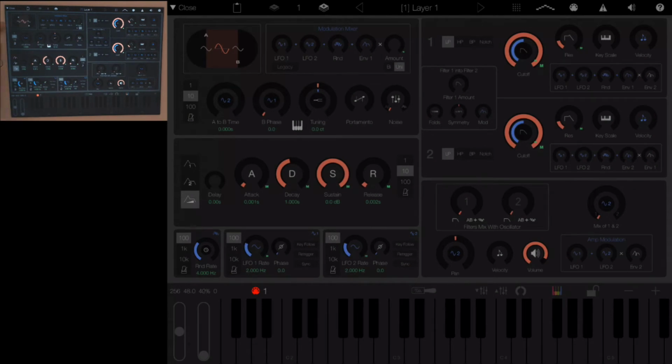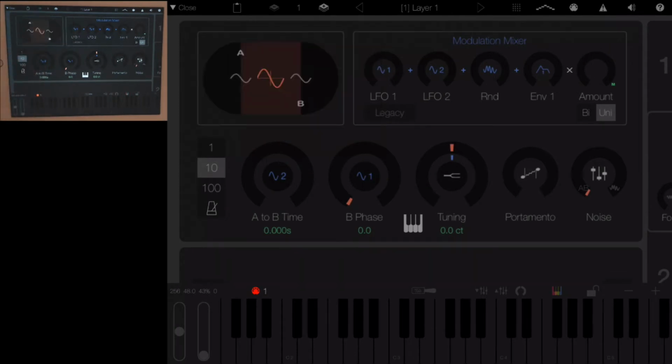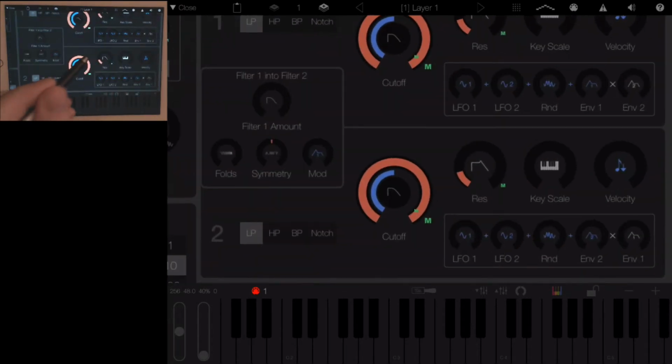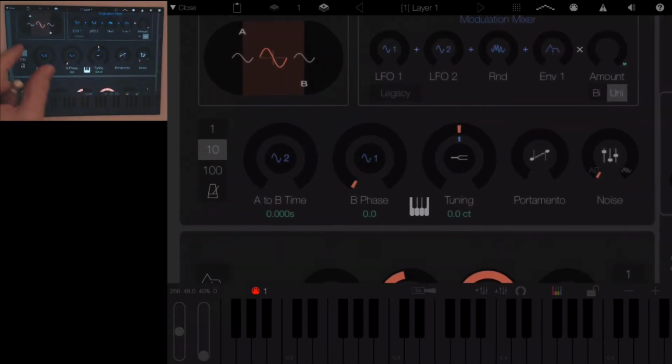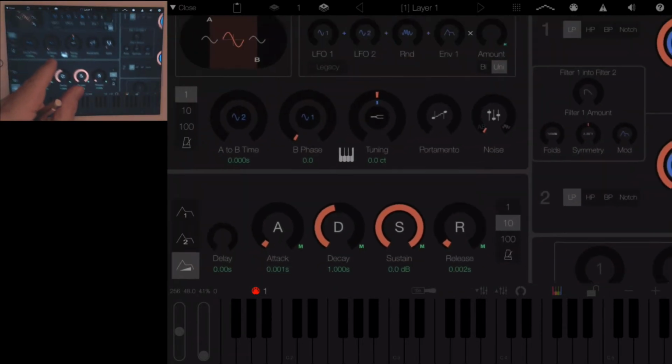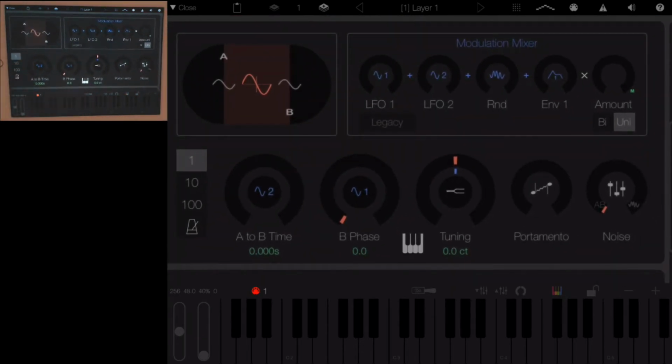In the layer editor, if you double tap on the background, it will zoom in to wherever you tapped. Double tap again to zoom out. You can also pinch zoom if you're careful, and you can scroll it down to where you want to be. So we'll look at the oscillator by zooming into it. So this is the oscillator shown now, and it consists of